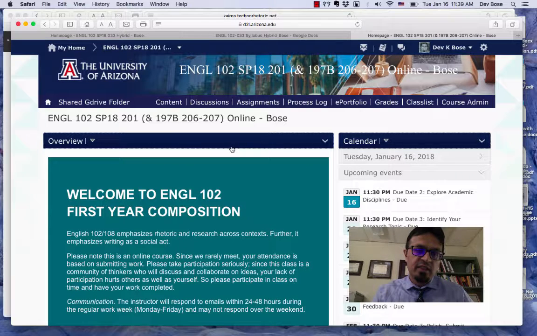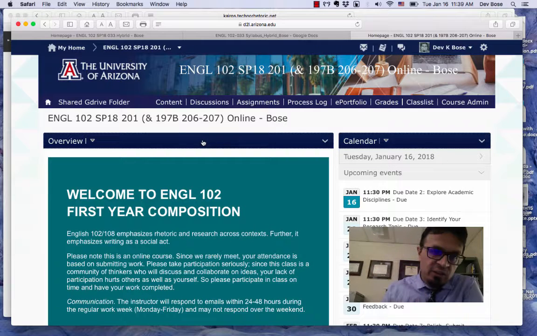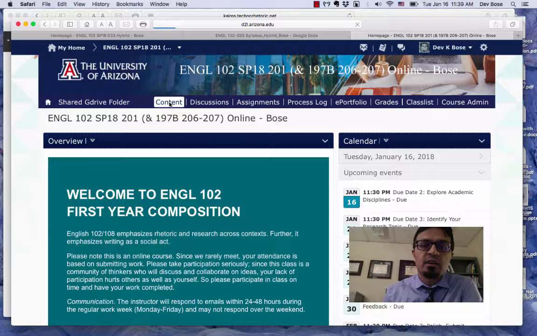One of the things that people seemed most concerned about was how to navigate the course and how to find assignment sheets. So I'm just going to answer that question now. The easiest way to find the directions to all the major assignments is like this. If you go under Content,